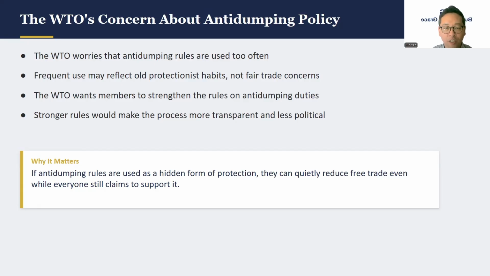A manager exporting steel, chemicals, or electronics into a new market should always check whether the market has an active history of anti-dumping complaints in the same industry. A sudden anti-dumping investigation can raise costs overnight, even when official tariff schedules look completely open and friendly to trade.